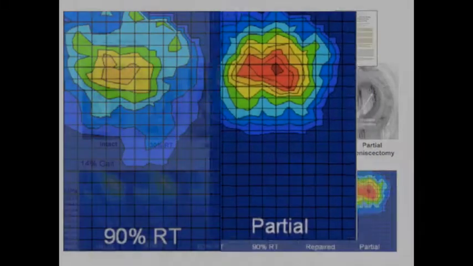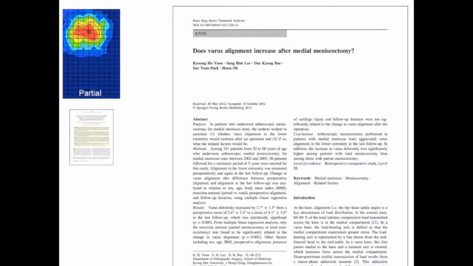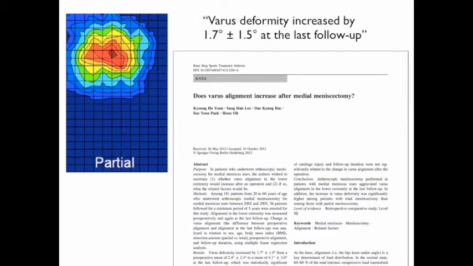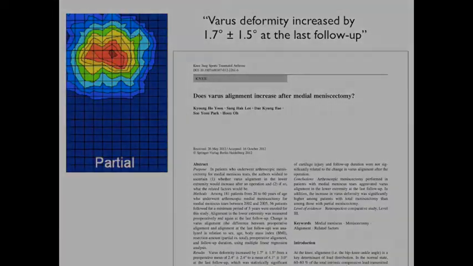So the other problem with meniscus injuries, if you trim it or they have a meniscectomy and somebody's already in varus, this is a Korean study from a year ago. So we don't want people to be in varus or valgus, because it puts too much stress on either side of the joint. So if you've got a meniscus tear and you're already in a little bit of varus, this study showed that you actually go back and fall into further varus, and that's bad because it's like a forward feeding event. You get increased loading, tear your meniscus, then you get actually more loading on a damaged joint,